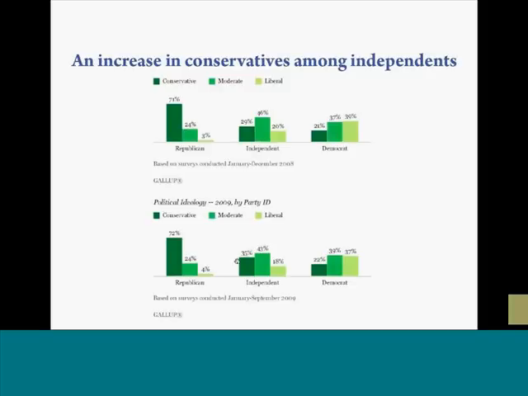But among independents, 35% now consider themselves conservative, whereas 29% did in December of 2008. For those of you who are not Americans, what the independent voters think is the whole game. It is a very big deal, so politicians are paying attention to this type of data.